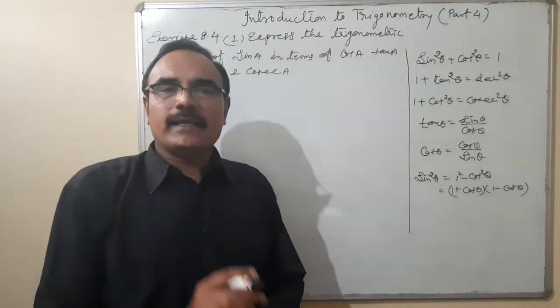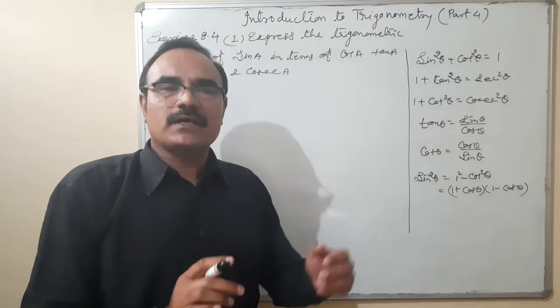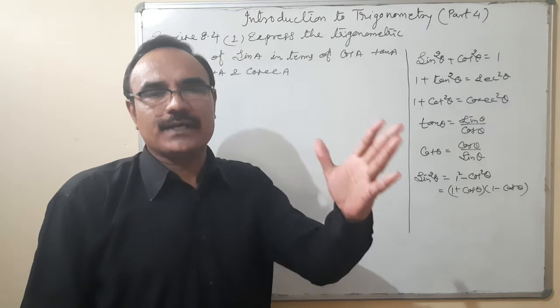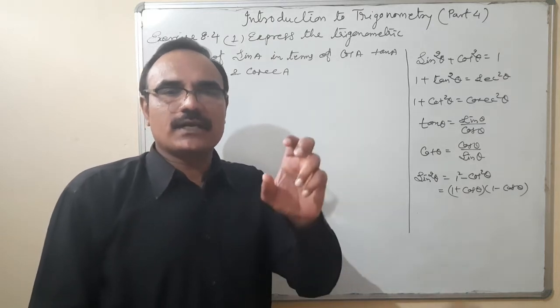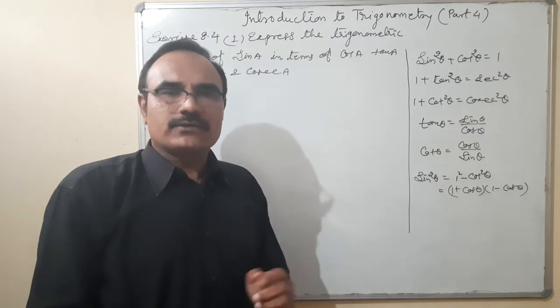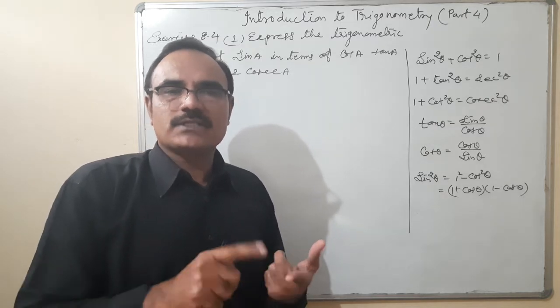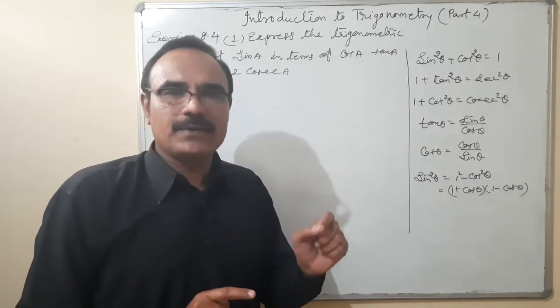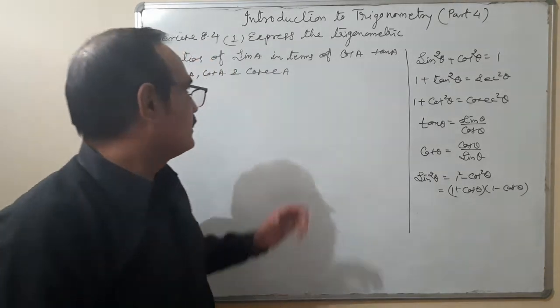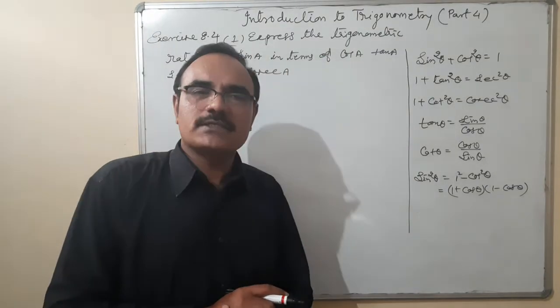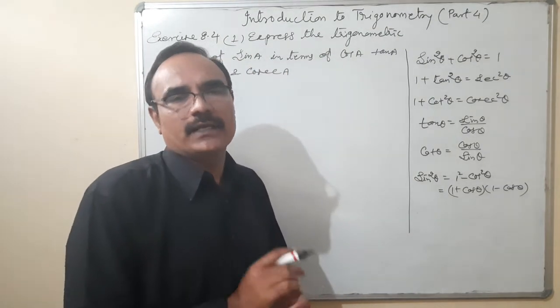One thing is clear that any trigonometric ratio can be expressed in other 5 trigonometric ratios because they are related. One is base, perpendicular and hypotenuse, and in the ratios 2 sides are coming and the third side is found with the help of Pythagoras theorem. So every ratio can be expressed in terms of other ratios. Each and every ratio. Here I have taken that sin A is converting in terms of cos A, tan A, sec A, cosec A, cot A, everything. Right.